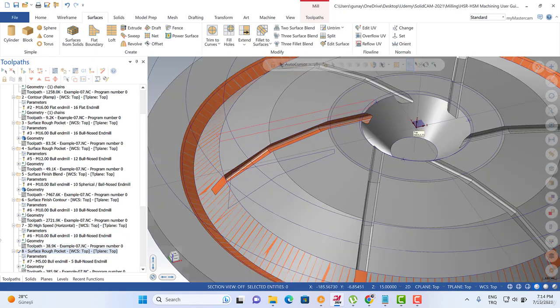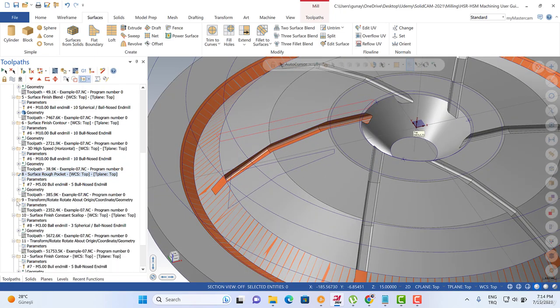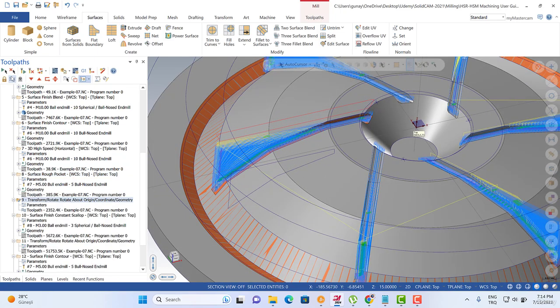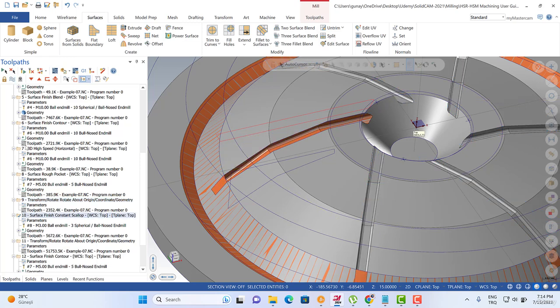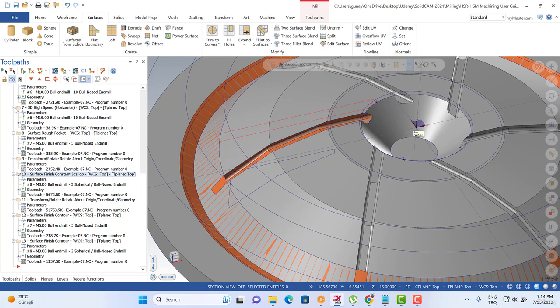We can also create some trim toolpath for this operation, and then we can also create some rotate transform operation, and you can also see some contour finish, finish scallop high speed toolpath, and you can also see the transform of that scallop toolpath here,